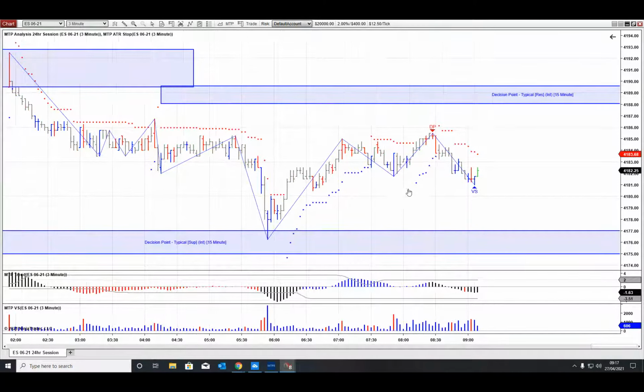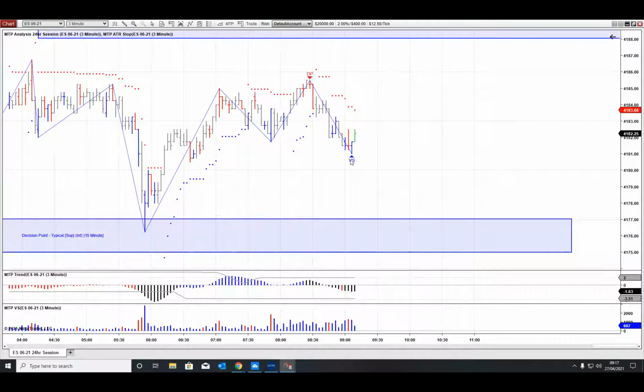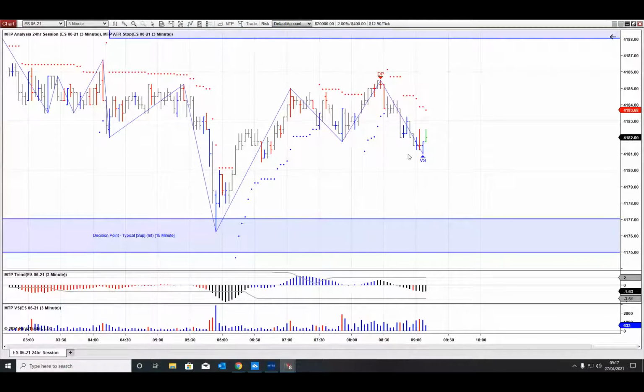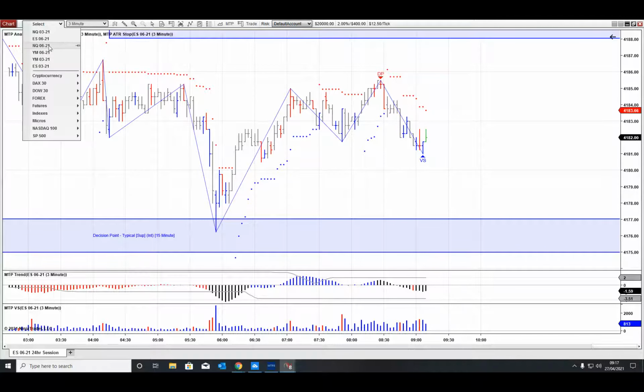There it is there. Now, would that be a good setup to take? Well, it is in the direction of the large degree trend, but our volume spike or VS setups are where the market makes a reversal from an important previous high or low. So can you see how this one here is just making a reversal around this level here? So this probably isn't an important psychological high or low. And in fact, to have a better look at this, I want to perhaps go to the NQ, because there's a great example of this